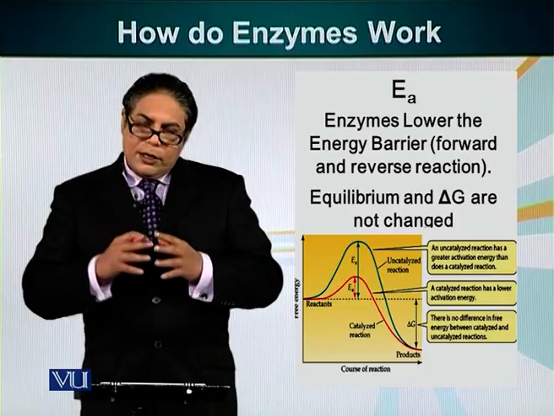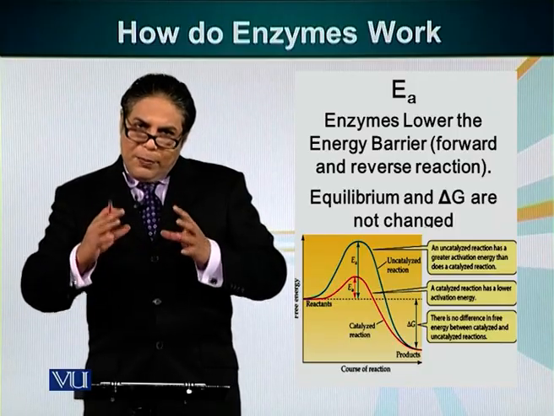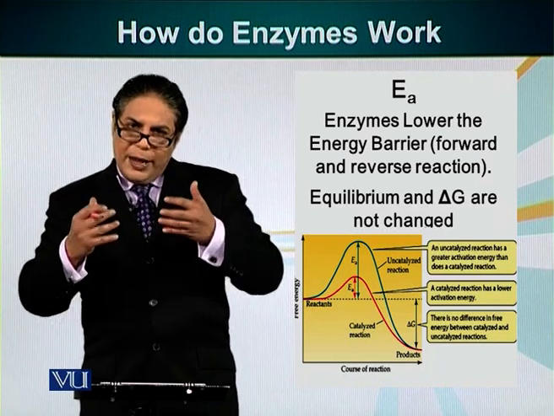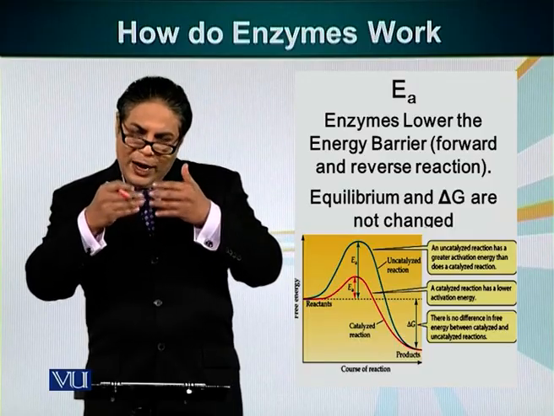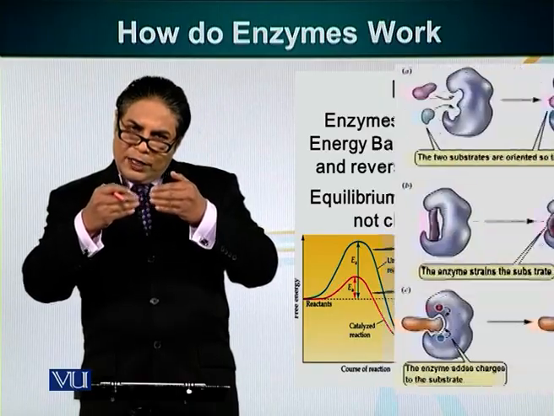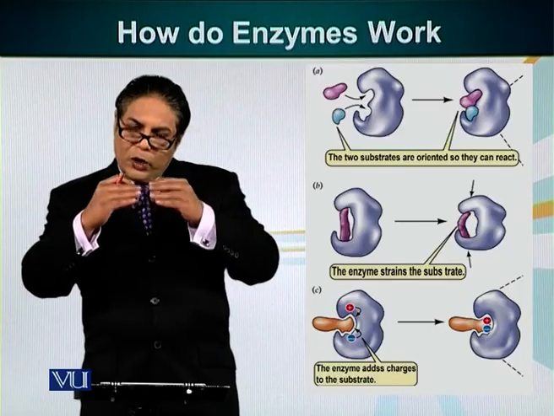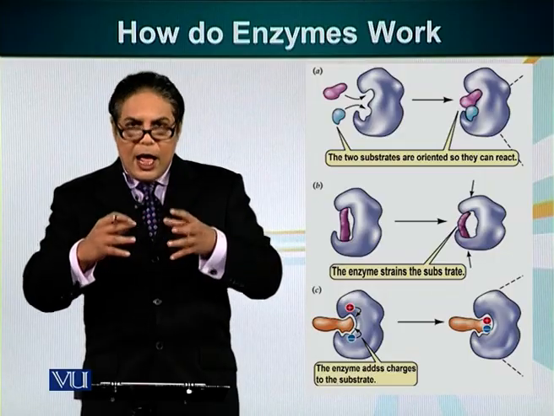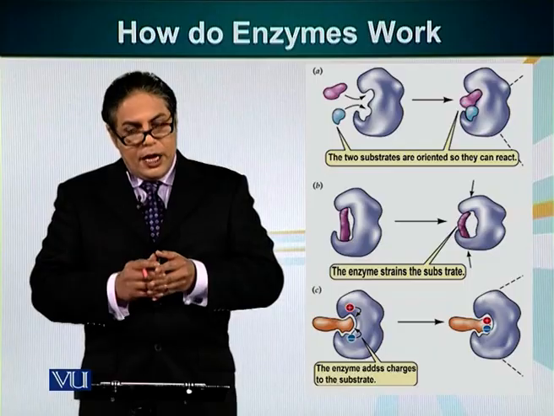How do enzymes lower the activation energy? For example, enzymes can orient the substrate molecules. When we are making a peptide bond, two amino acids have to be at the right orientation. The carboxy domain of one amino acid has to interact with the amino domain of another or adjacent amino acid. So enzymes can hold substrate molecules in appropriate orientation, and that's one way they can lower the activation energy,